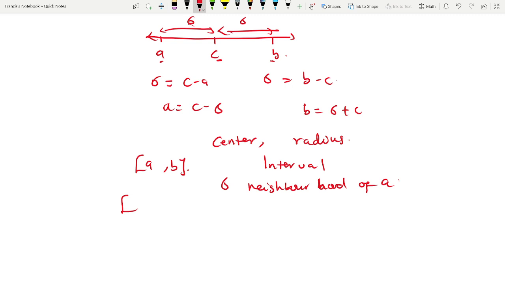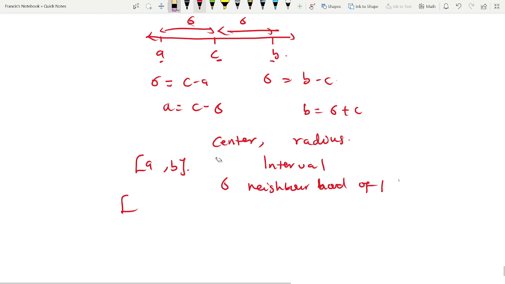So the C here was representing the center, but now I'm having my center as A. Let me change it from A and let me make it something like P so that it doesn't confuse you. So in general, if I want to find delta neighborhood of P,